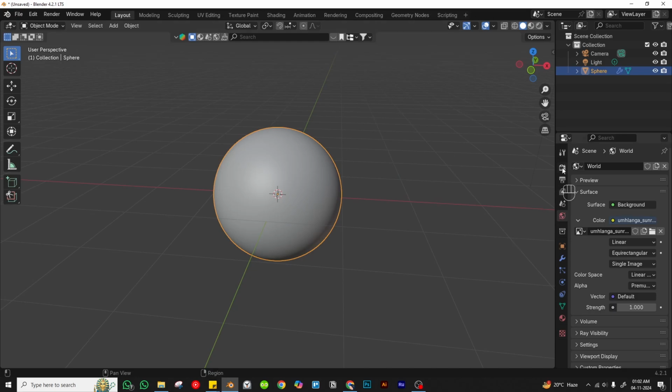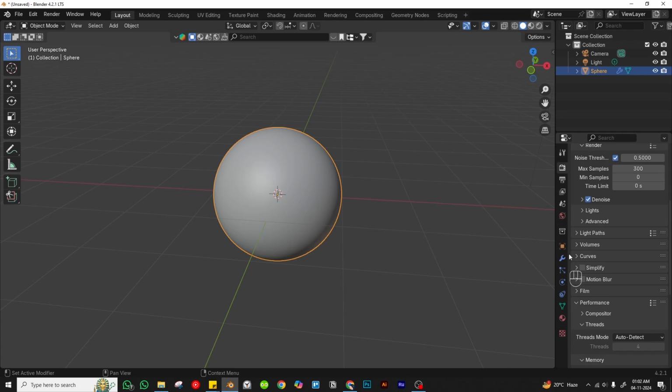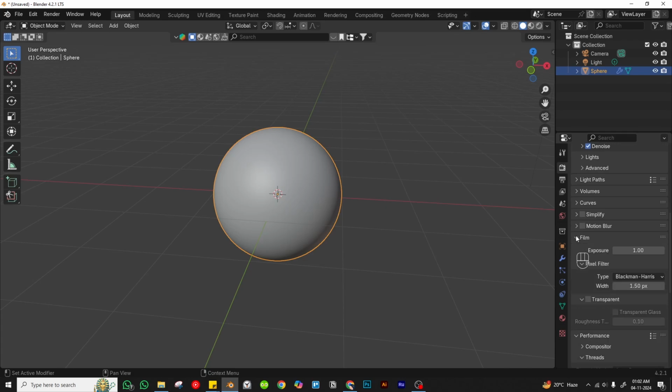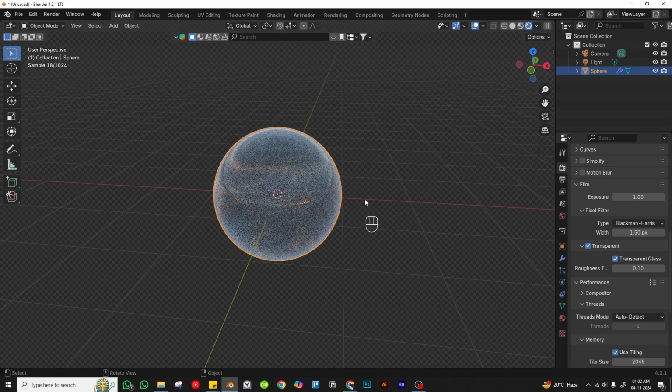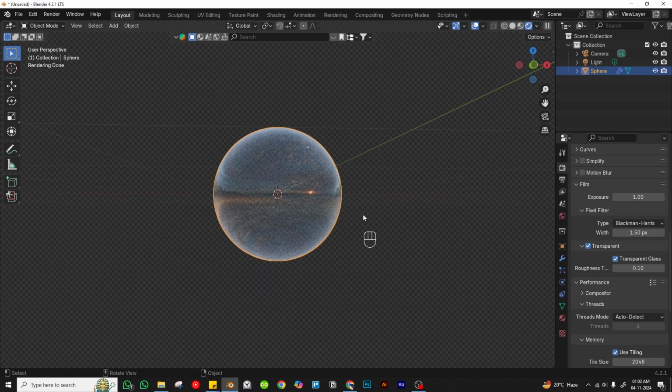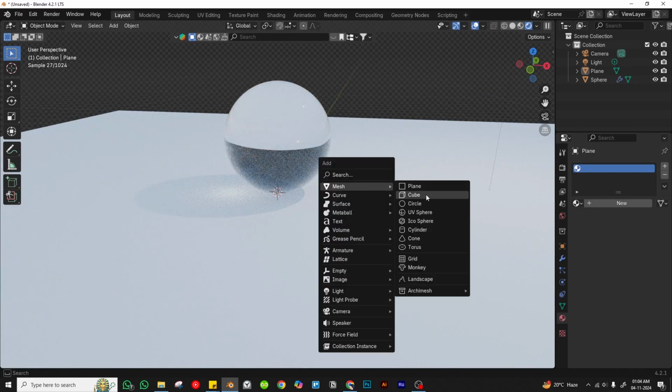After that, go to render property and scroll down to find film option and expand it. Click on transparent and transparent glass. Then hit render button and see the result. After that, if you create new object by pressing Shift A, and this time we add